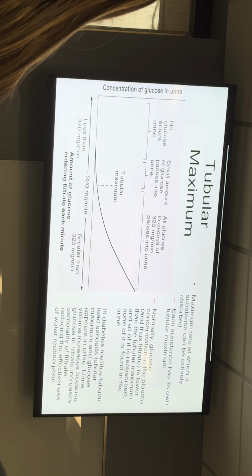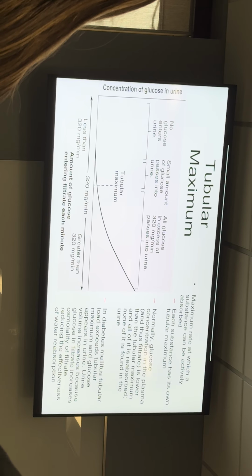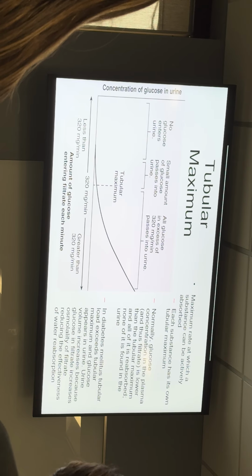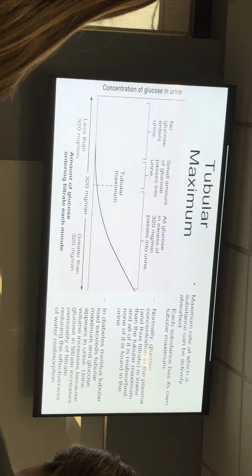There should be no glucose in your urine ever, but if there is, then you're pre-diabetic or diabetic, and then you pee out more. And once you pee out a bunch, you're constantly thirsty and constantly drinking a lot of water. So that's a big sign of diabetes: if you're constantly thirsty, constantly peeing, and constantly drinking because you're thirsty, you might be pre-diabetic or even diabetic.